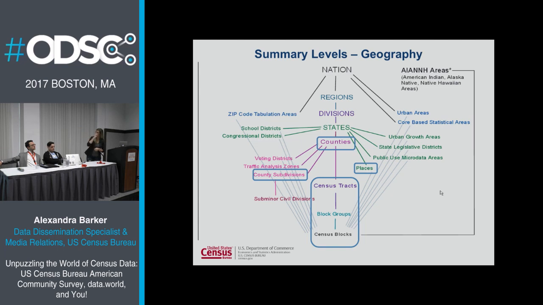I'll go now to the state level with you, and I'm going to talk about two things here that you can see from the state level. One is called the Public Use Microdata Areas, and one is places. The microdata areas, or PUMAs, as we like to call them, are going to be really important for you to understand when you're using things like data.world. PUMAs are geographies that the Census Bureau creates to allow you to access the ACS microdata sample. It's basically raw files, raw individual records. They are pulled and aggregated, and you can create and cross-tabulate. They'll talk more about that. I'm not going to be expanding on that.